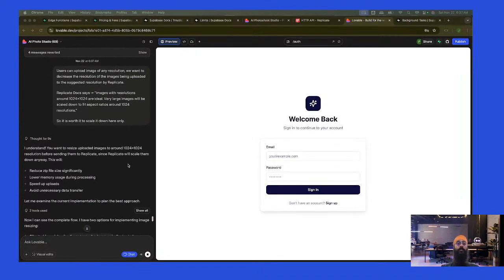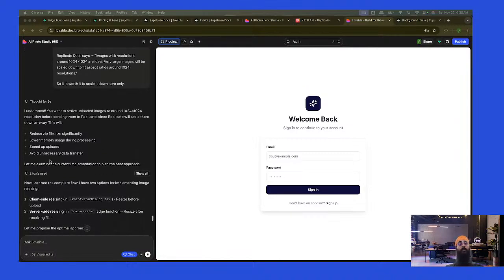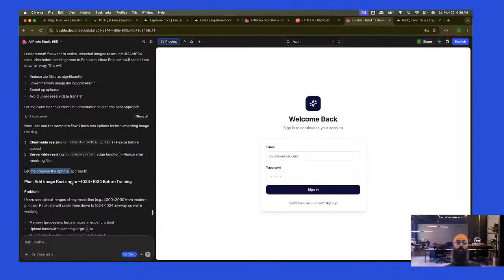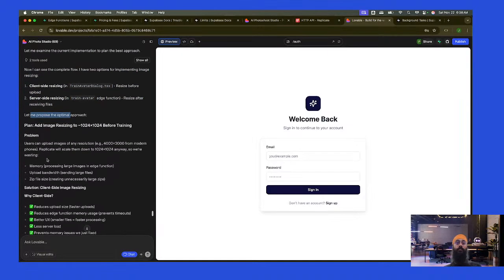This will reduce zip file size significantly, lower memory usage during processing, speed up uploads, avoid unnecessary data transfer. Client side resizing: resize before upload, resize after receiving files. Add image resizing before training. Users can upload images of any resolution. Replicate will scale them down to 1024 anyway, so we are wasting memory, upload bandwidth, zip file size, client size,